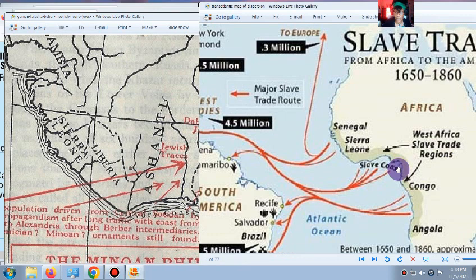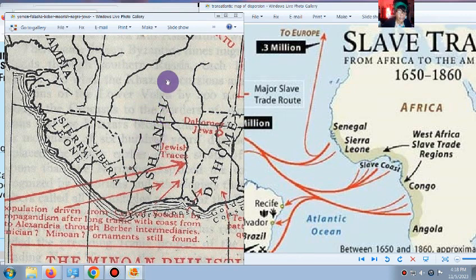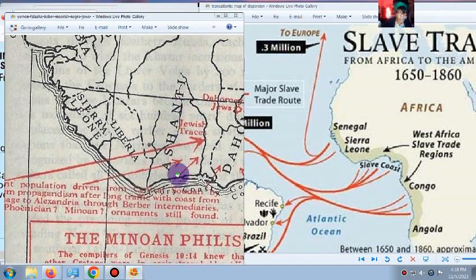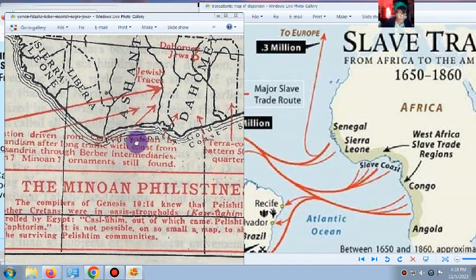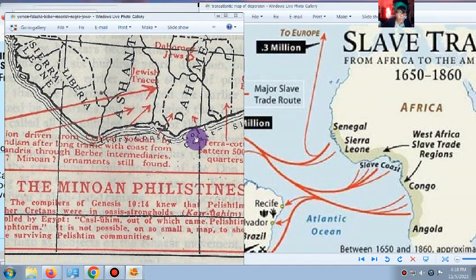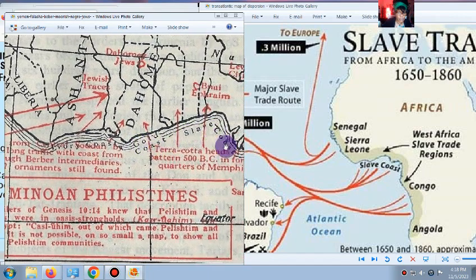It's the slave trade, the slave coast. Here is Ivory Coast, Gold Coast, and Slave Coast. And this is the West Africa slave trade region. They went to a particular place,